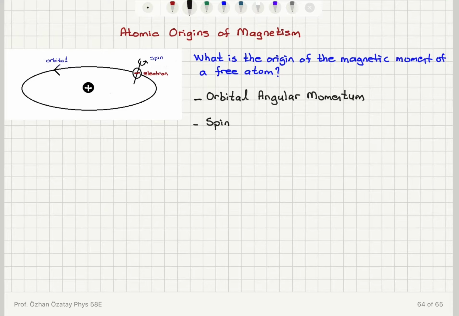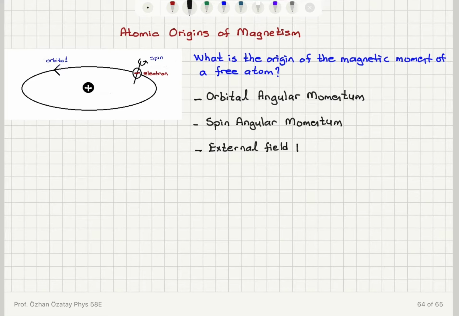The electron is spinning about its axis, so it's spin angular momentum. And the third contribution to the magnetic moment comes when we have an external field that is interacting with the first two. So we have external field H